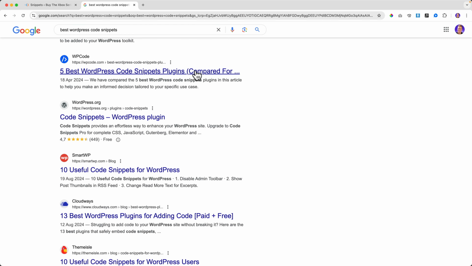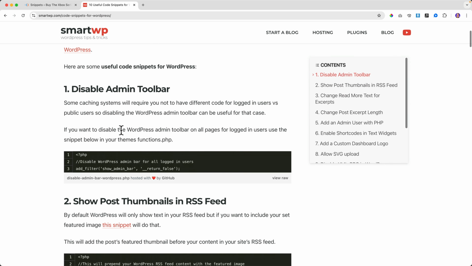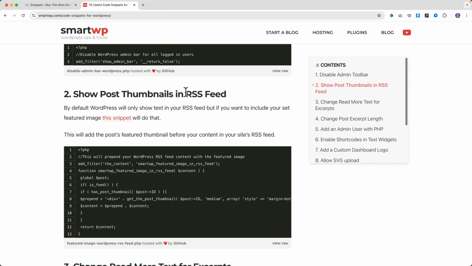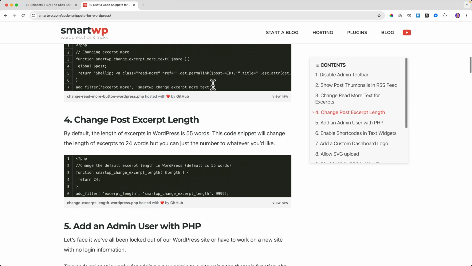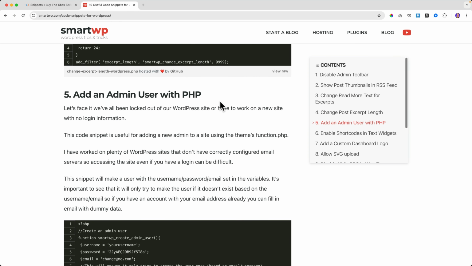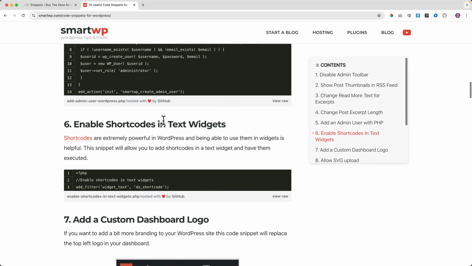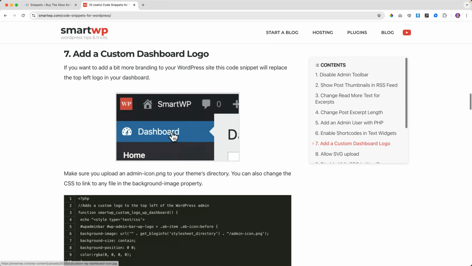Five best WordPress code snippet plugins. Ten useful code snippets for WordPress. Disable the admin toolbar. Show post thumbnails in RSS feed. Change the read more text for excerpts. Change the post excerpt length. Enable shortcodes. Adding a custom dashboard logo, so that's nice.